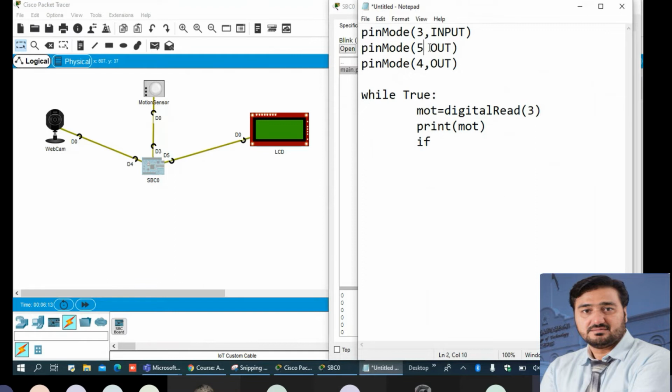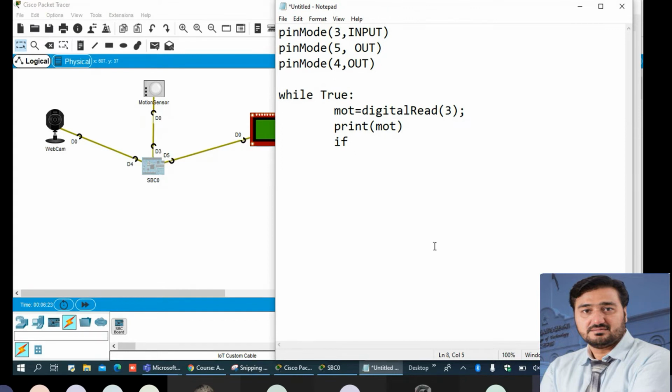If there is some error, fix it. Now we are writing a condition here. If motion is detected, motion means 1023.